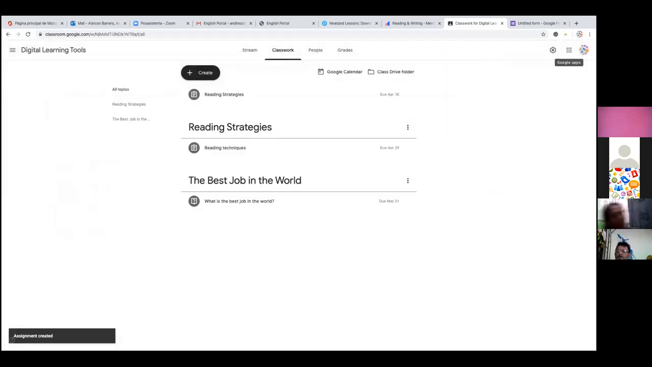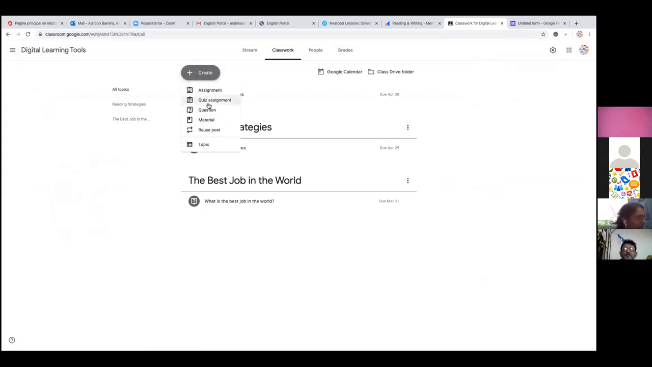It is assigning, and now our assignment reading techniques next is in our topic reading strategies. Okay, as I told you, you can create assignments, you can create quizzes, you can create questions, and you can create as many activities as you want with Google Classroom. Okay, okay, so teachers,